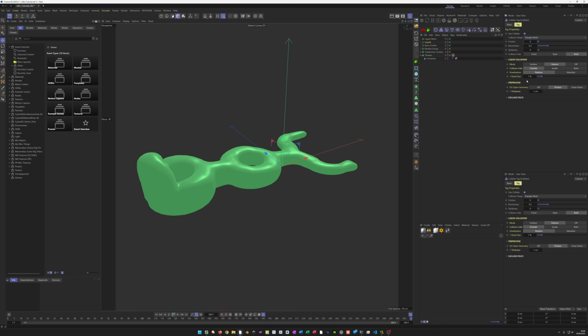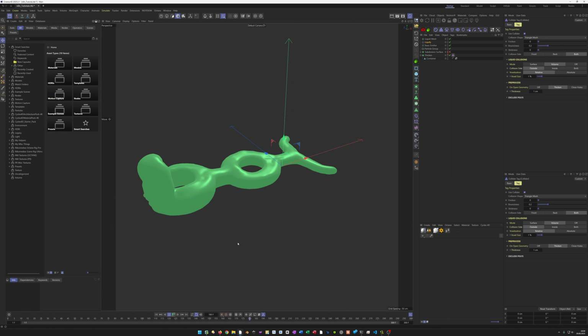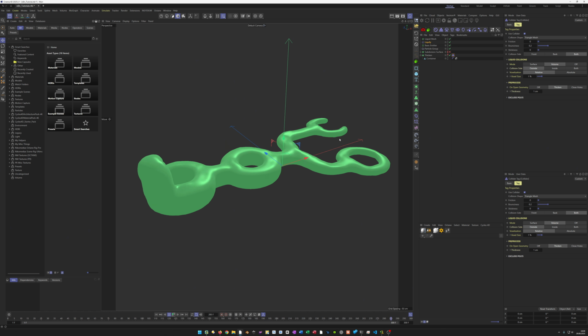Voxel size 1% is okay. Thickness should be fine. These droplets, this is something I don't like. Okay, it feels almost up,